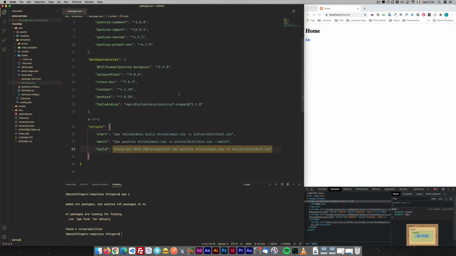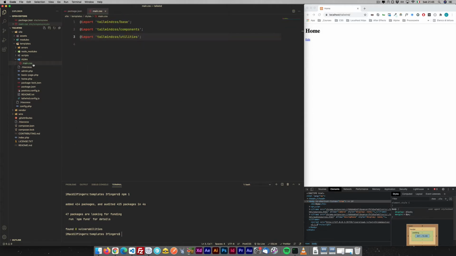Okay, so now we can start to look at these scripts inside the package.json. The first one is the one you should kick off when you put up Tailwind CSS for the first time. In particular, this script says to use as the entry point the main.css file inside the styles folder. As you can see, this is the default main CSS which comes from the blank profile of Processwire, in which I've